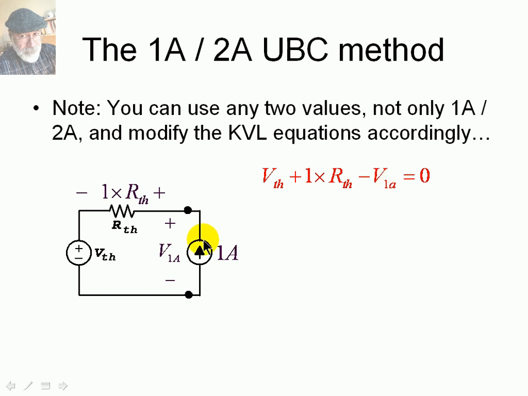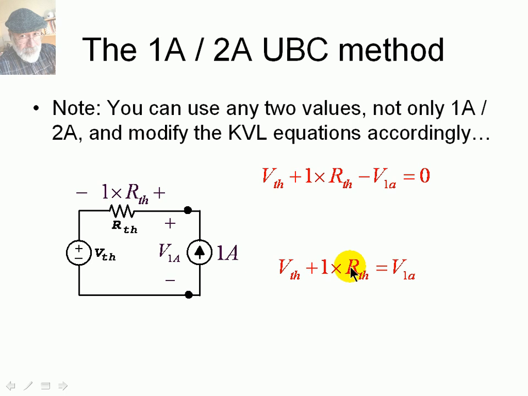This value we will obtain solving the original circuit, not the Thevenin one, which we don't know, with a 1 amp current source connected to the port. From that solution we have V1A, so V1A is a known value. We move it to the right. We have one equation, but two unknowns. We need